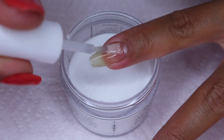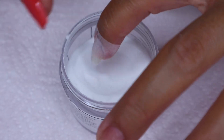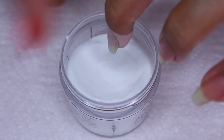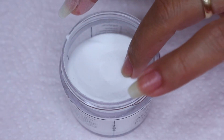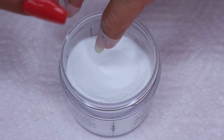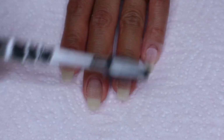So I apply a thin layer of the base on my nail, and then immediately dip my nail into the powder and then tap off the excess. So as always, I start with applying one layer of clear on all of my nails. So then once I'm finished with one layer of clear, I brush up all the excess powder,